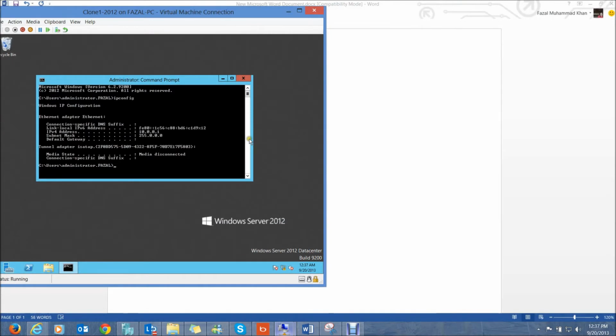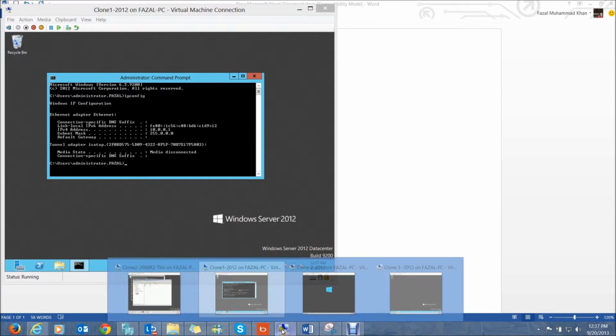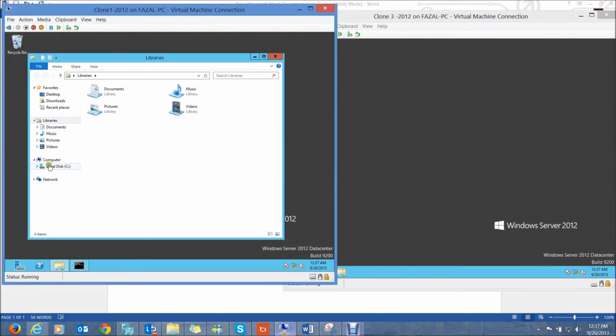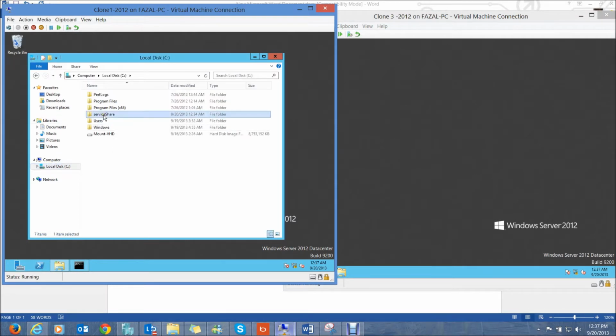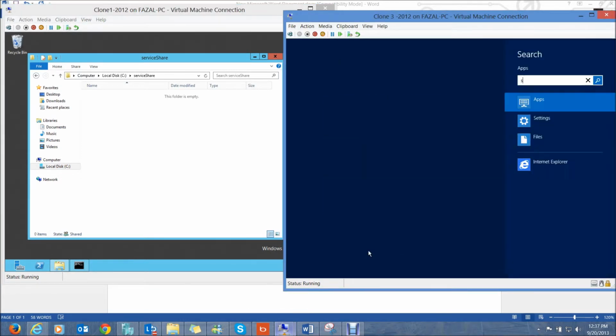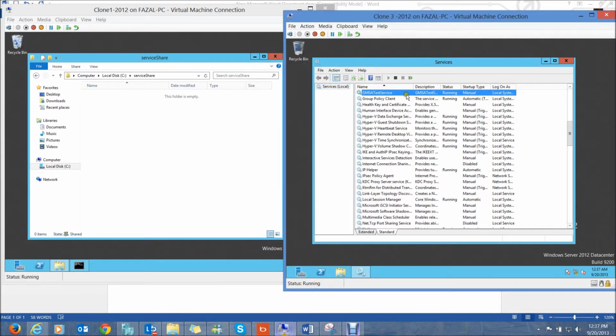So what I have over here is a Windows Server 2012 domain controller, which is clone 1, and I've got a node over here, which is a member server and is not a domain controller, clone 3. Before the demo, I've created a share by the name of service share over here on clone 1, and I've gone ahead and installed a service over here, and the spelling is wrong,